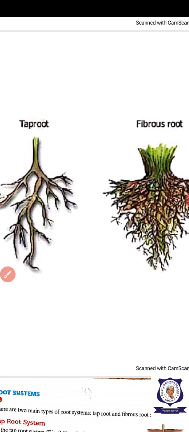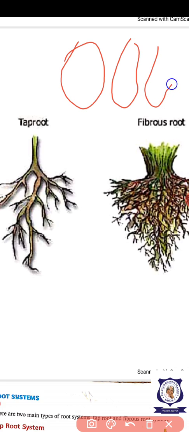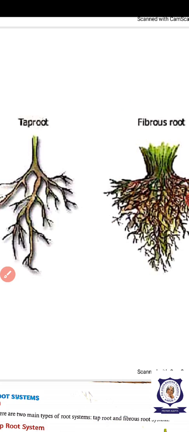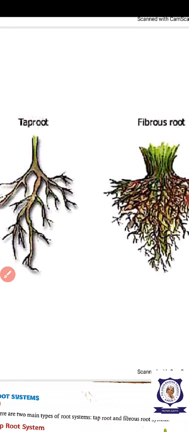What is a dicot plant? When you open a soaked seed, for example a bean seed, you can get two equal parts. The bean seed is kidney shaped, isn't it? So, two equal parts you will get. This is a dicot seed. And in the monocot seed, the paddy seed, that is rice, isn't it? If you break the paddy seed into two, you cannot get equal halves. It will break into so many pieces. So, it is a monocot.